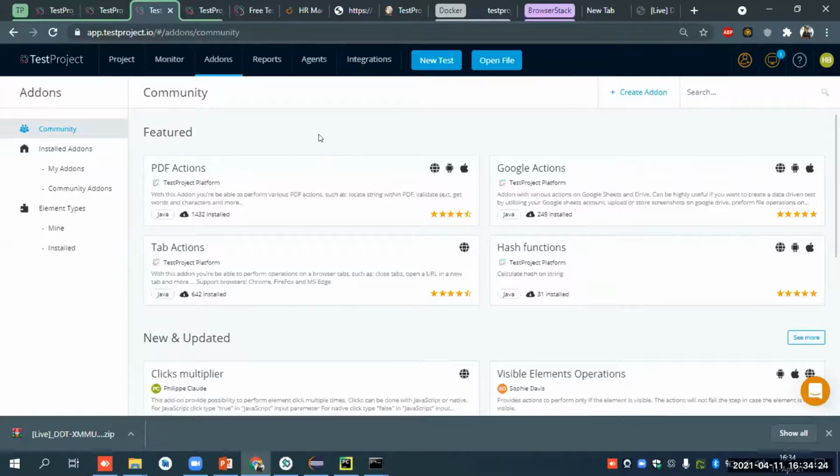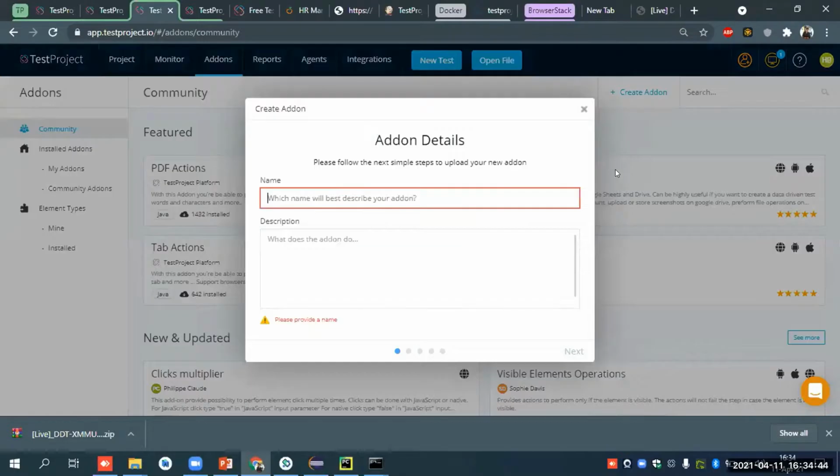For that case, there is an SDK available. SDK version 1 will be used. The SDK version 2 will be used for our Java, C# and Python integration. For the normal case, you can use the Open SDK version 1. Okay. After creating it, you will just go to create add-on here, mention the name.